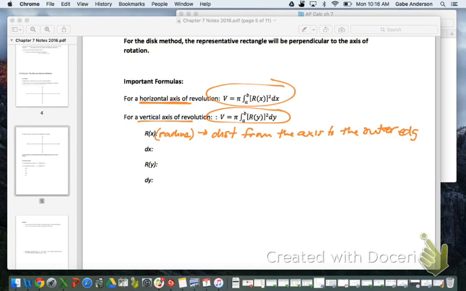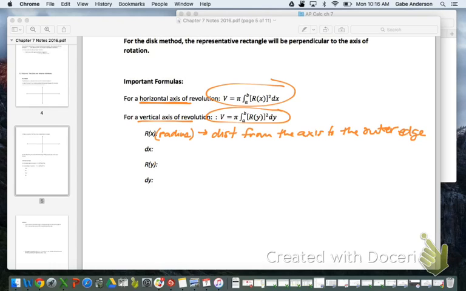It would be better to say the outer edge of the region. This might seem like a little bit too much to say here, and I get that. I'm sort of redefining what a radius is. I mean, that really is what a radius is. But when you get into the washer method, I think this wording will be